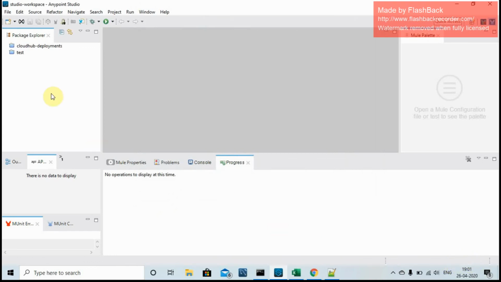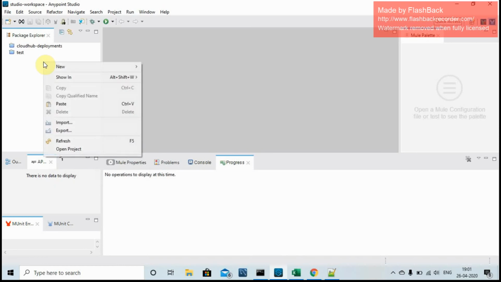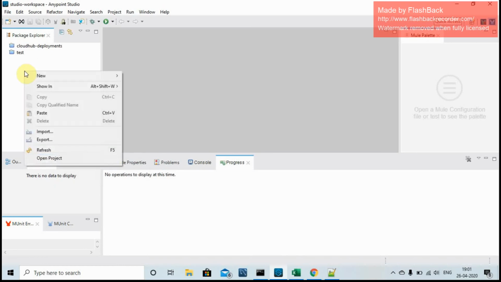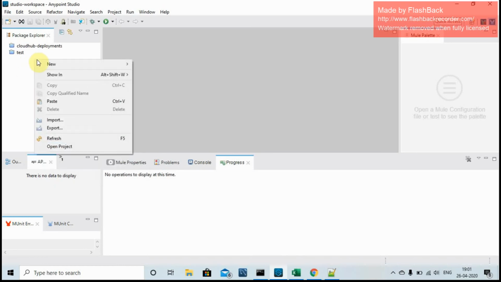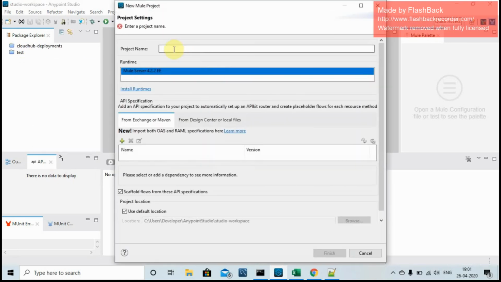So we will create a sample or basic Mule application. We will right click over here and go for New Project. I will type first demo. This is the Mule runtime. If you have multiple Mule runtimes on your machine, it will give the list and you can select accordingly.